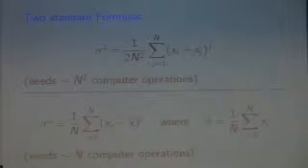Now the first of these formulas: we look at the sum of the squares of the differences, and we divide by this normalizing constant. In order to do that, if you blindly code this up, you are summing over i and j from 1 to N, so that takes N squared operations. That's not so good. On the other hand, here's the other formula.